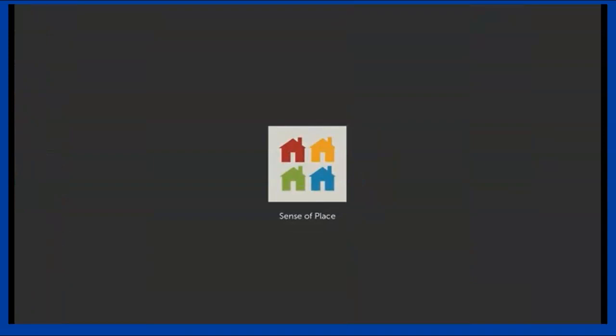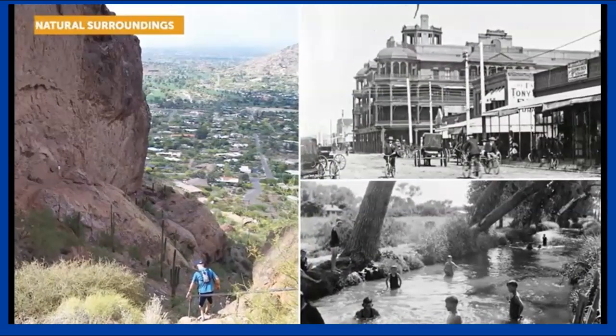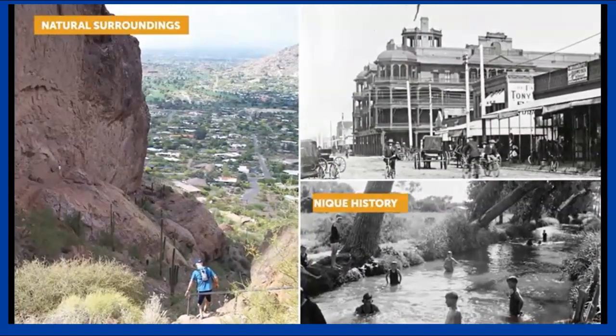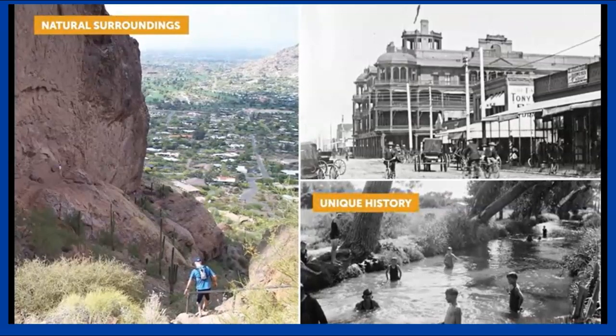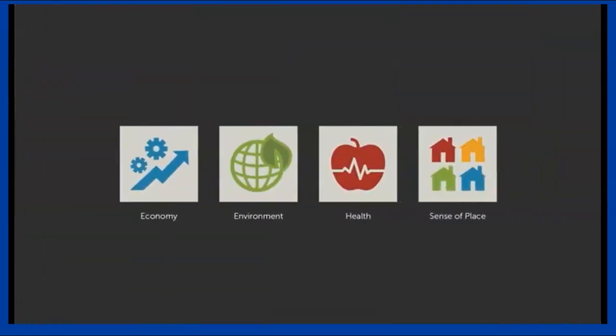Creating a sense of place is one of the greatest outcomes of planning efforts. Planning can help cities take shape in a way that celebrates their natural surroundings or embodies the unique history and culture of their community. Cities are not accidental spaces, but human creations. Urban planning provides the vehicle for collaboration and design in this process.